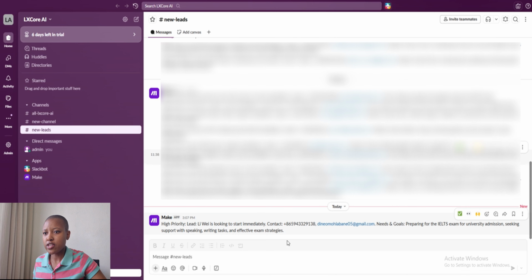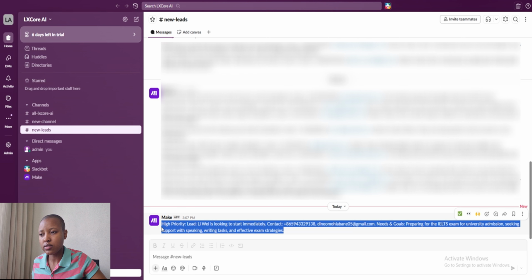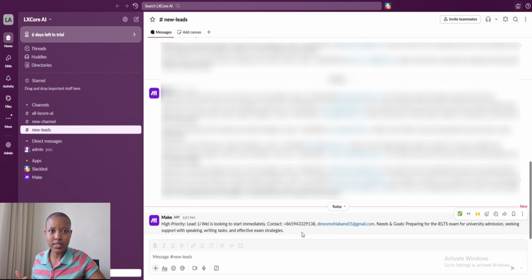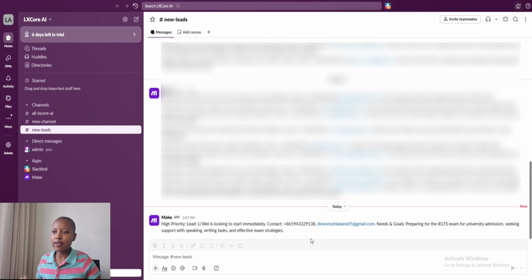So this message is sent directly to your internal team, either your sales or your delivery team, who will look at this message and know that they need to prepare well in advance for their next meeting. So the key point here is that every notification that the team receives represents a lead that is actually worth their time. Now, if we go back to the email, let's assume that this lead will now click